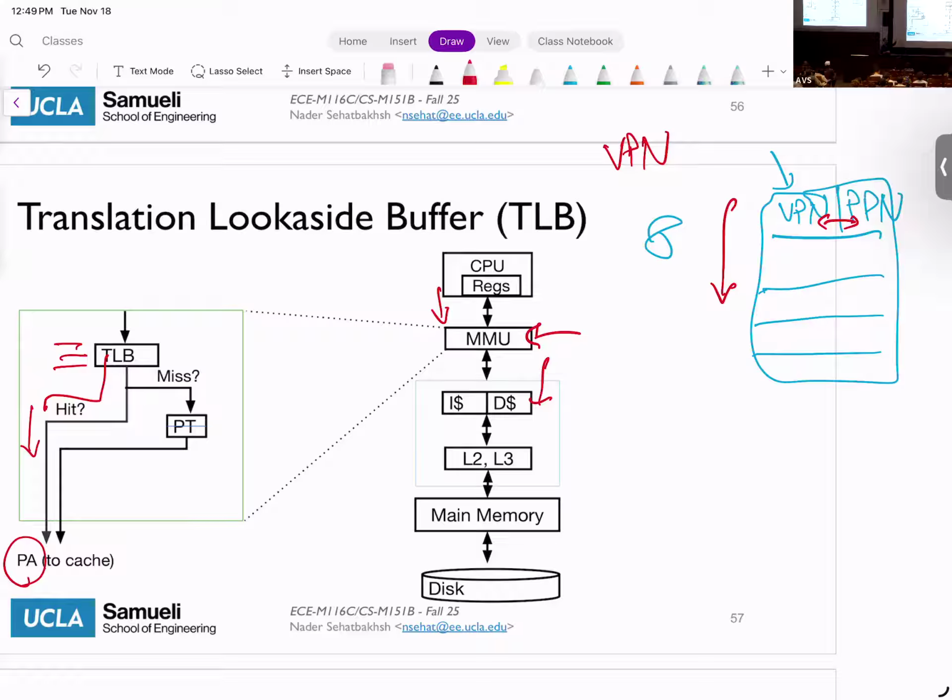Just keep in mind that not all processors have an MMU. Many processors actually talk directly to physical addresses. Embedded systems, systems that don't have operating systems, and low-end processors talk directly to their cache or memory without translation. But that means they cannot have the nice things that the operating system provides. They cannot dynamically add and remove programs and everything else. For example, Arduinos don't have MMUs. They just have a rigid memory. Every address is a physical address.